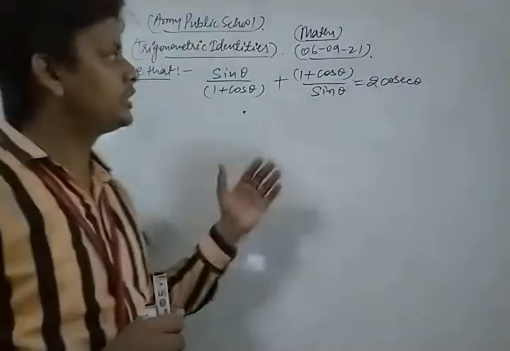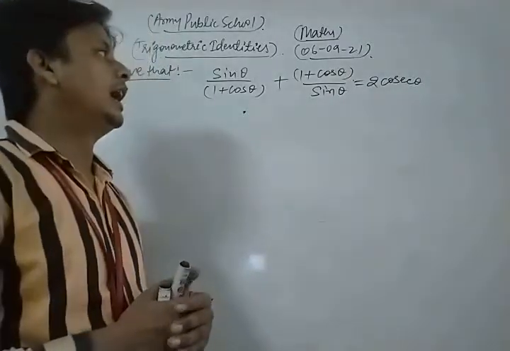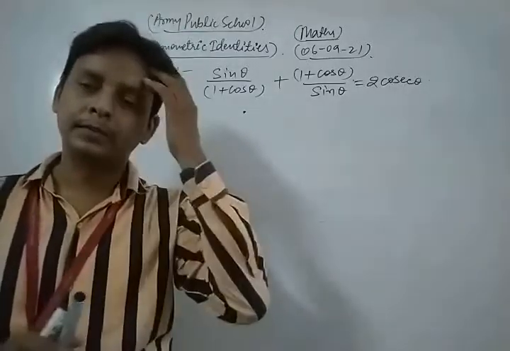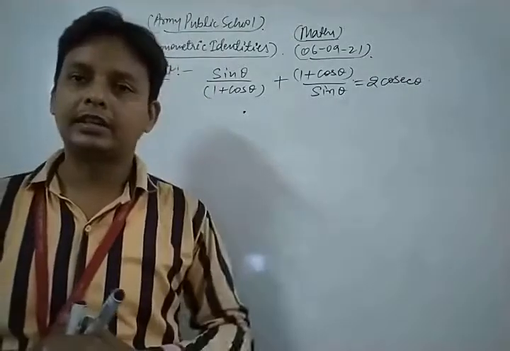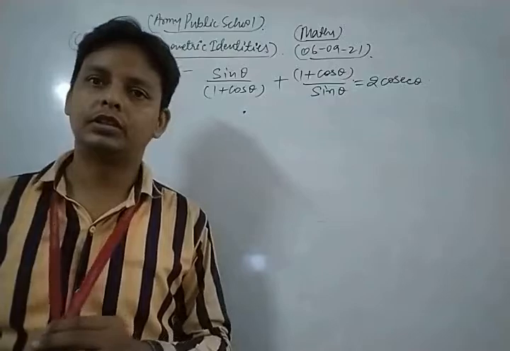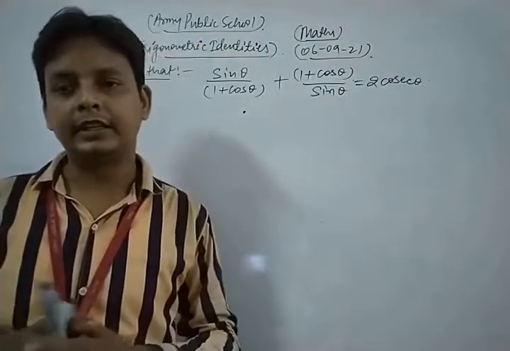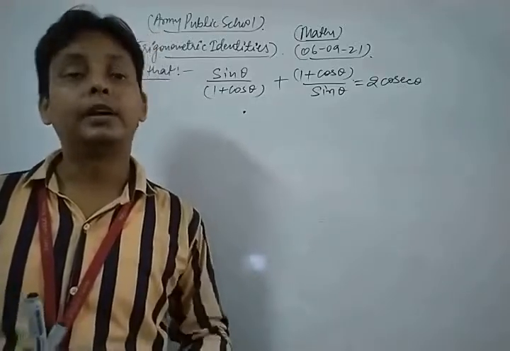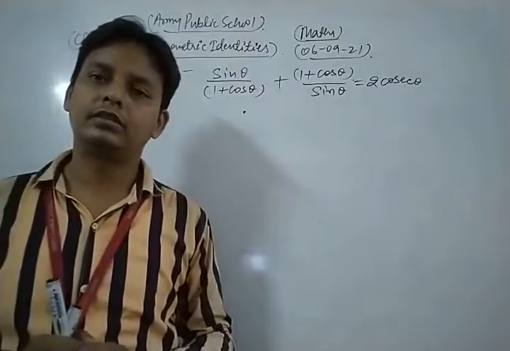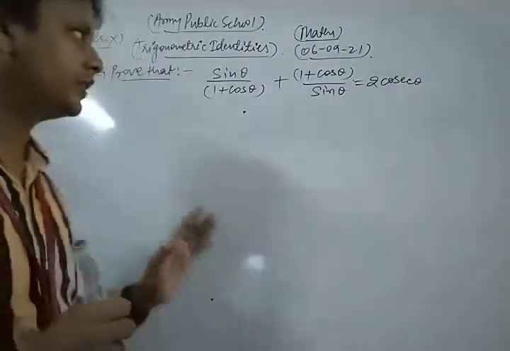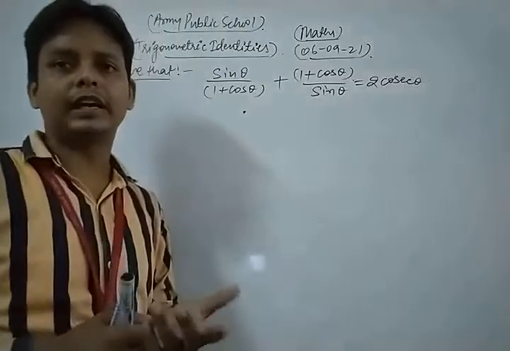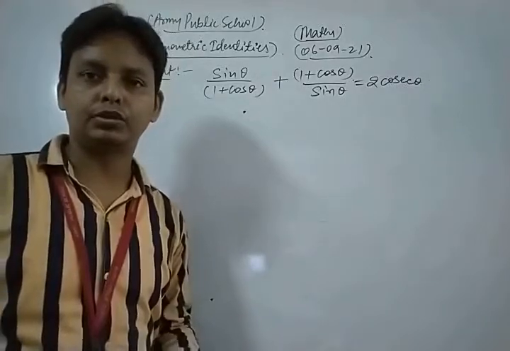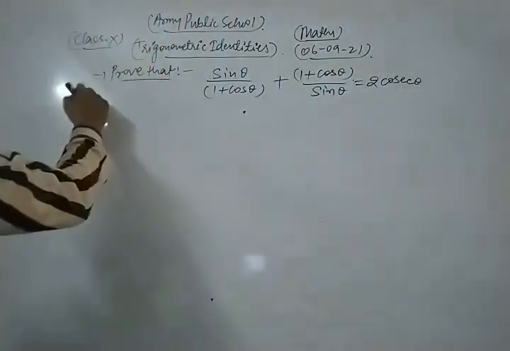Now let's see what the process is to prove this question. First of all, we clear the concept of some important facts. In proving any trigonometric identity, first of all, we convert all the values in LHS into sine and cosine. Generally, in 90% of questions we do that. But here all the values are already in sine and cosine, so we simply take the LCM, because we add fractions by taking the LCM. This is the general method to solve this type of question. So now let's see its solution.